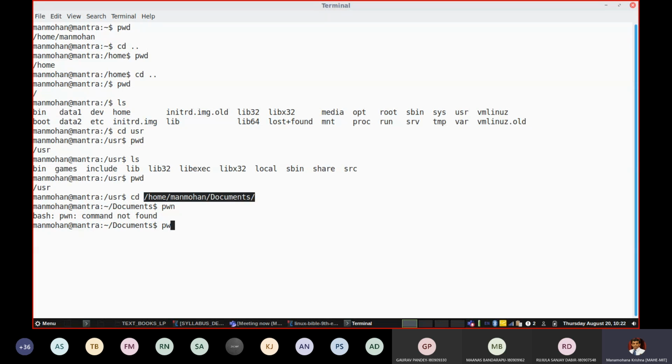Home directory, there is a folder called document. You can make one single jump directly instead of going for multiple cd dot dot, cd dot dot, then cd, etc. You can write an absolute path name and you can visit any directory. From here also, you can make a direct jump by writing an absolute path name. Say, for example, you can say